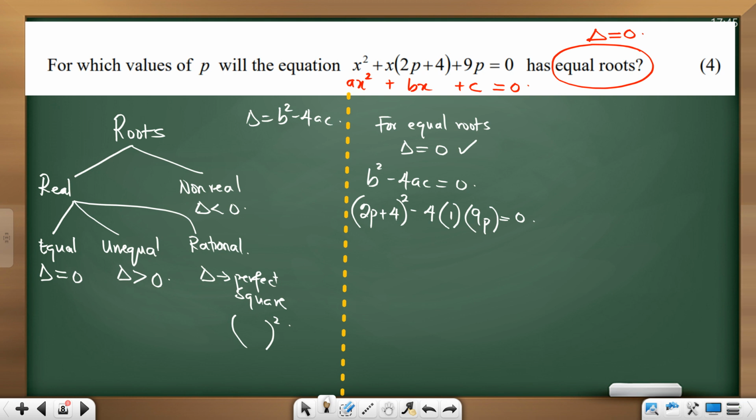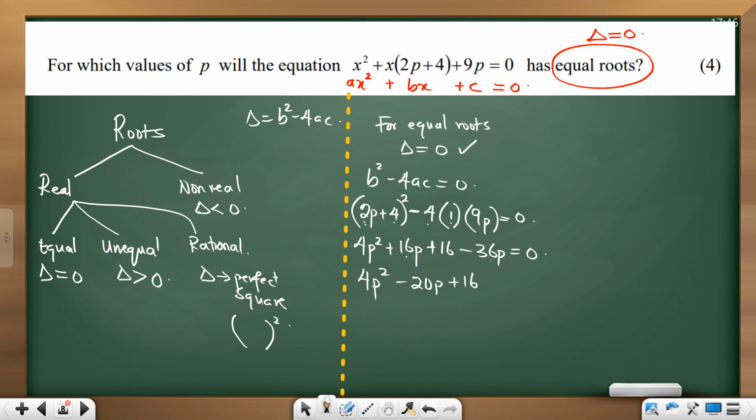What do we do? We expand. 2 brackets. All right, I'm not going to do 2 brackets. No. 2p times 2p, 4p squared. 2p times 4, 8p, times 2, because you have 2 brackets, 16p, plus 16. We good? Minus 4 times 1. Minus 4 times 9p, negative 36p, equals to what? 0. Can we simplify and solve here? I think we can. What do we have? 4p squared